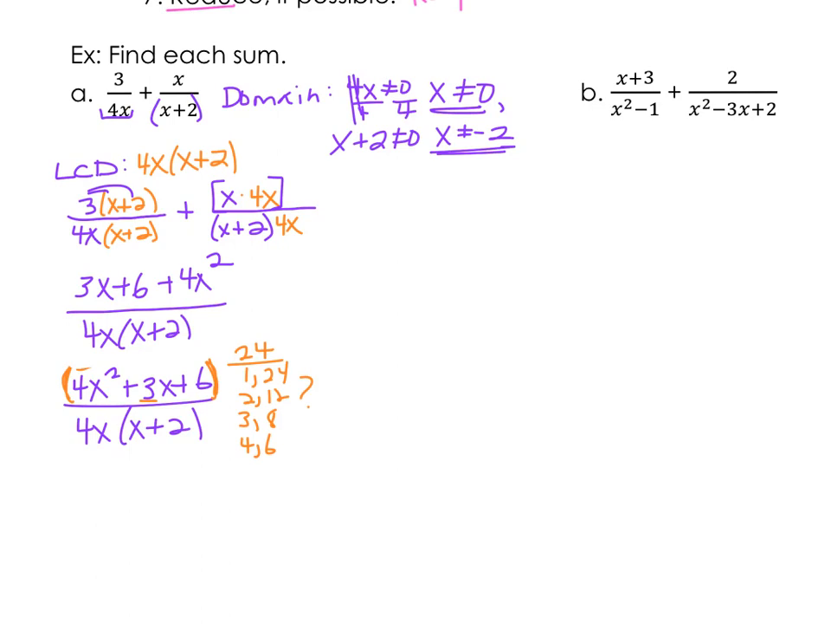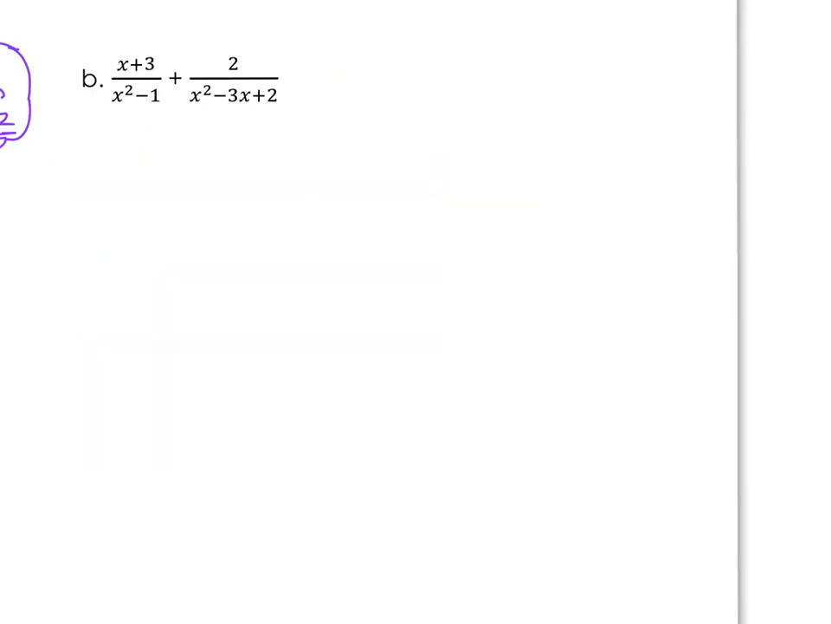Now be careful, the 4x and the 4x squared do not, and I repeat, do not cancel out. What ends up happening here is this is as far as we can go. We combine the like terms in the numerator, we have our restrictions in our domain, and that's adding those two fractions together. Our next example has x plus 3 over x squared minus 1 plus 2 over x squared minus